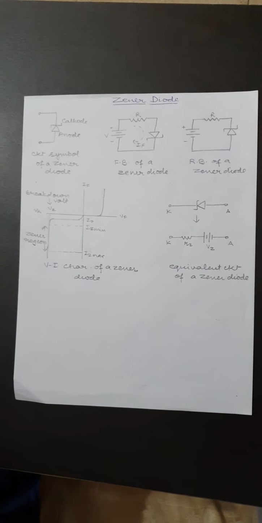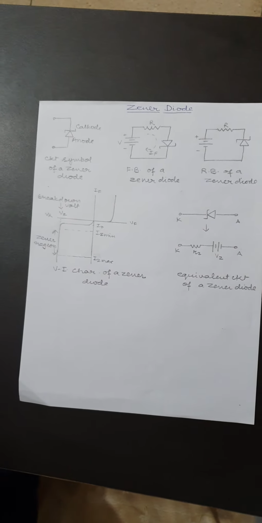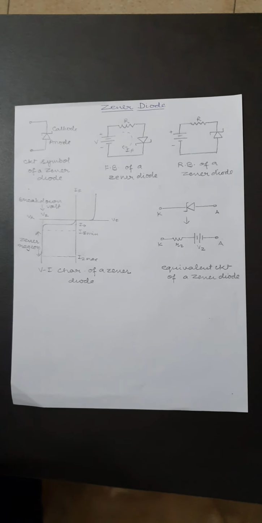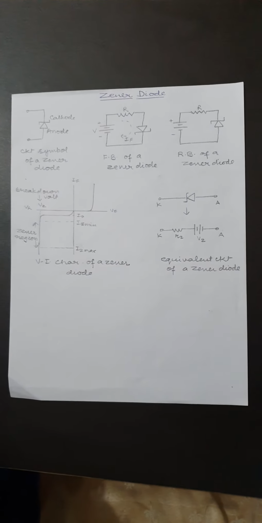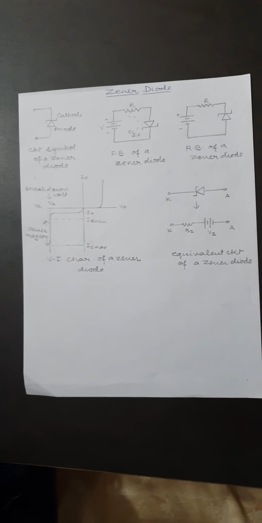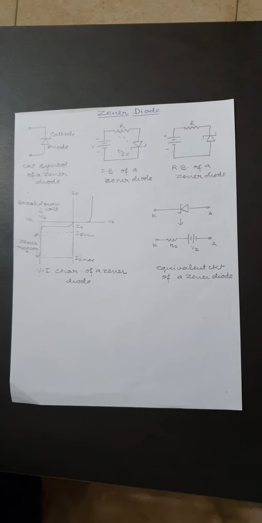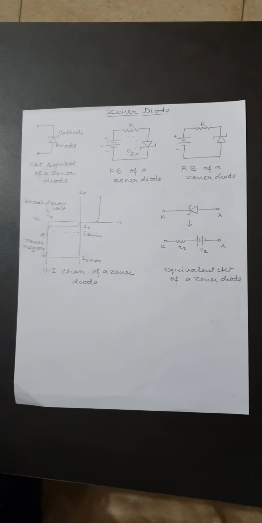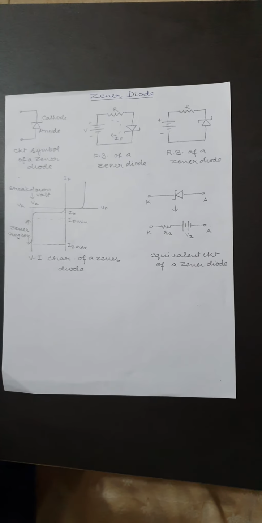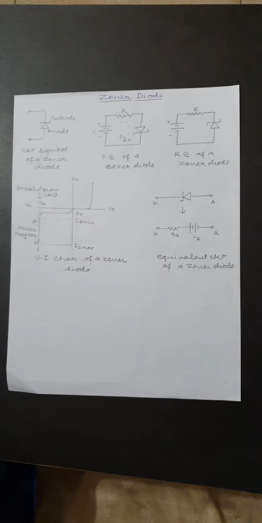There are two types of biasing. Forward biasing of Zener diode. When the anode of Zener diode is connected to the positive terminal of DC source and cathode is connected to the negative terminal, the Zener diode is said to be forward bias. The forward bias of Zener diode behaves identical to the forward bias PN junction semiconductor diode and it is not generally used in the forward bias condition.